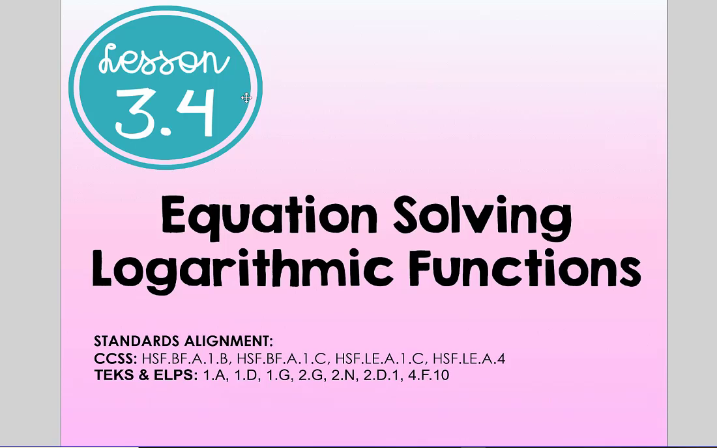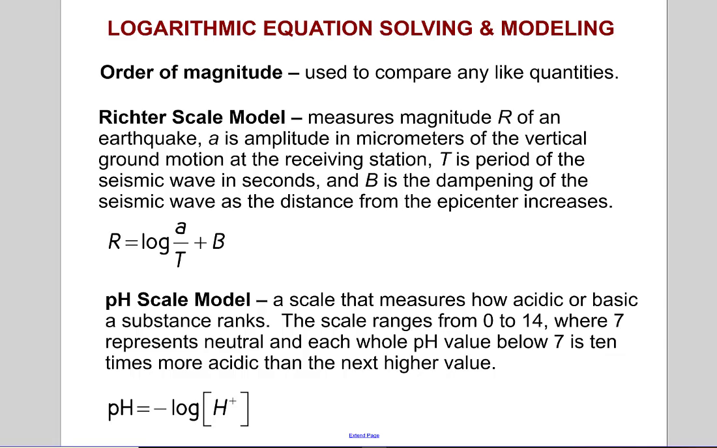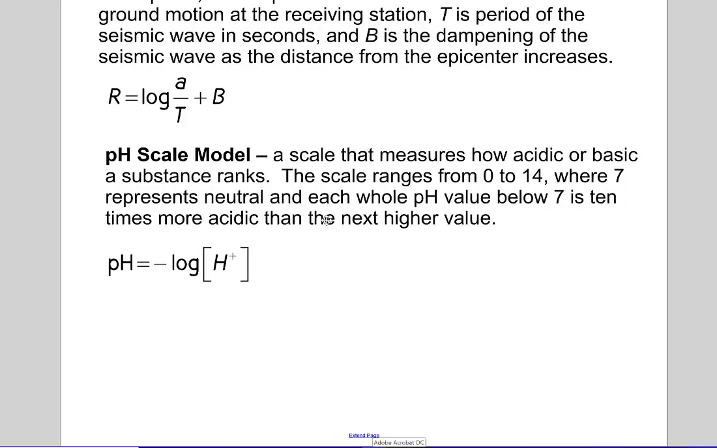Hey guys, we're looking at lesson 4, solving equations with logarithmic functions. We're going to look at several things today. The Richter scale model measures the magnitude of an earthquake, where A is the amplitude in micrometers and T is the period of the seismic wave in seconds, and B is the dampening of the seismic wave as the distance from the epicenter. We're also going to look at the pH scale that measures how acidic or how basic a